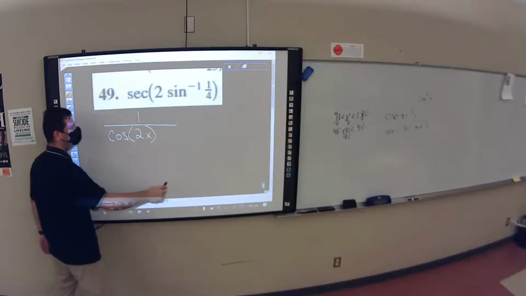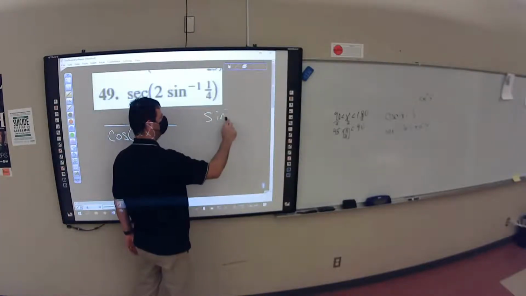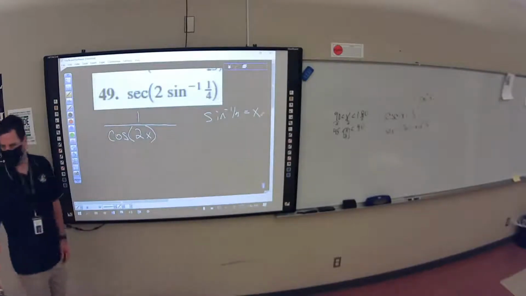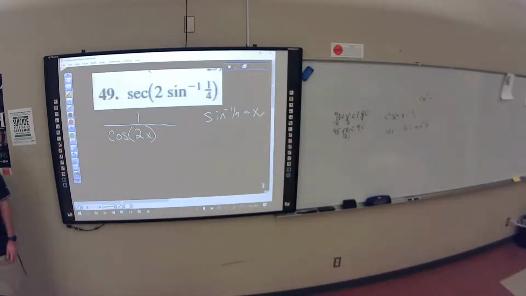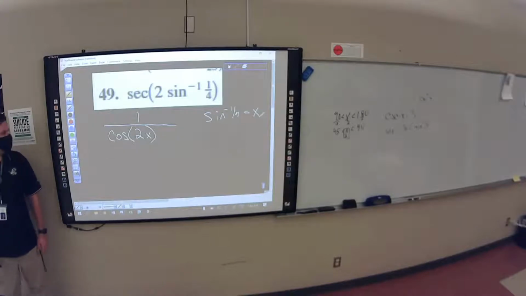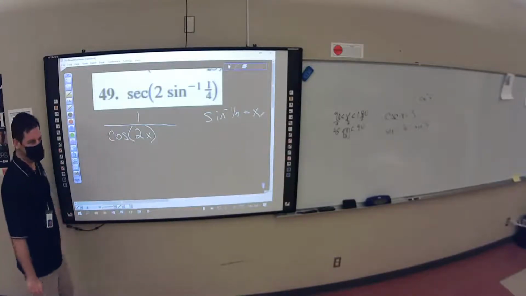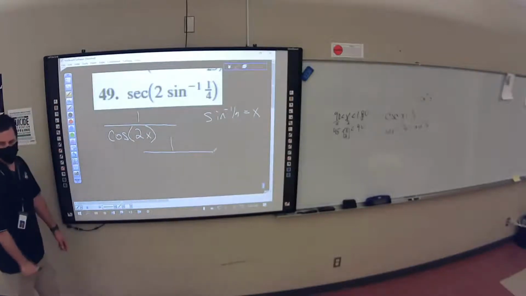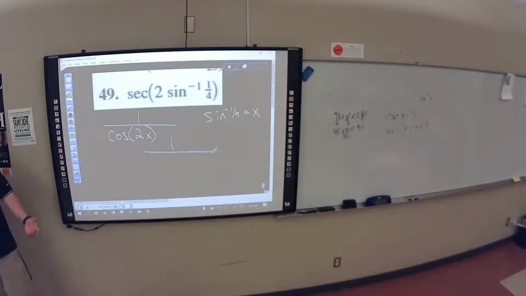How about this? Sine inverse of 1/4 equals x. So now I just got an x. Now I don't have to write that down every single time. Y'all okay with that? And cosine of a double angle is 1 over cosine of a double angle,